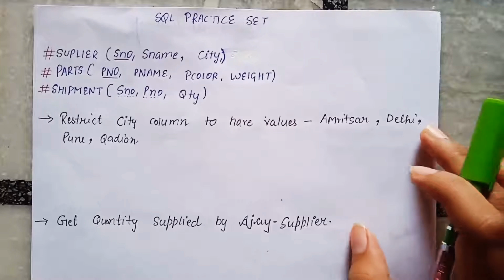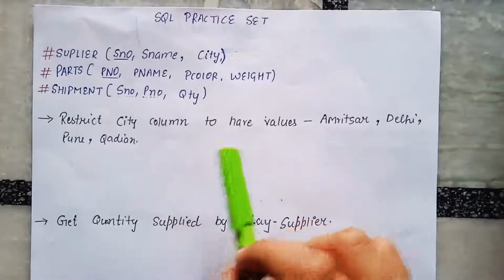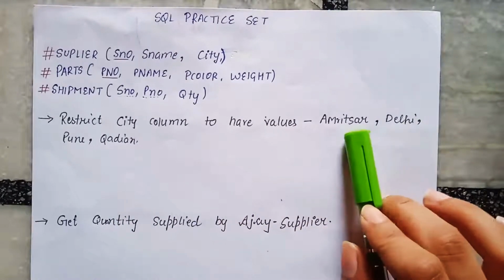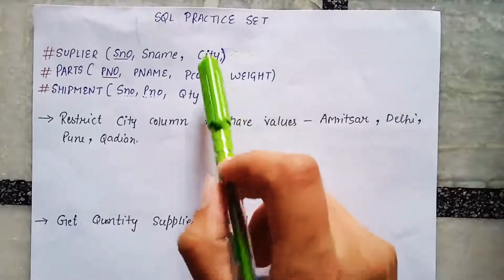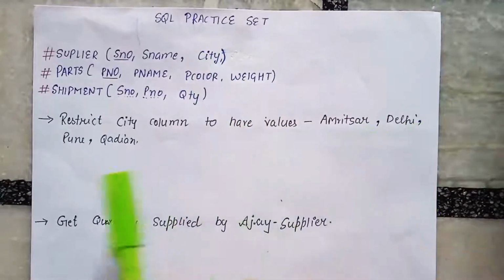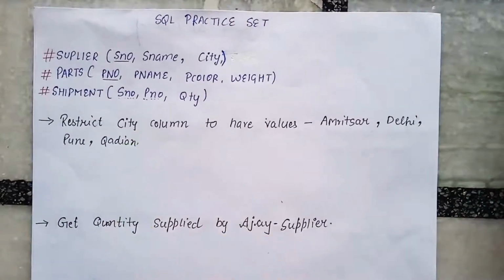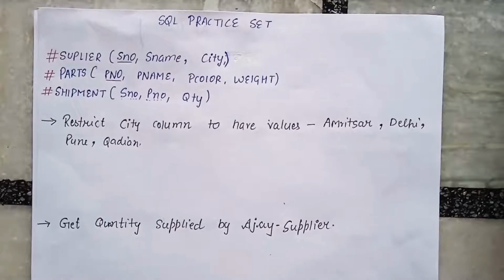The first query is: restrict the city column to have values Amritsar, Delhi, Pune and Kadin. That means we want to restrict this column to have values from among these only. For this purpose we will use the check constraint. So the query would be